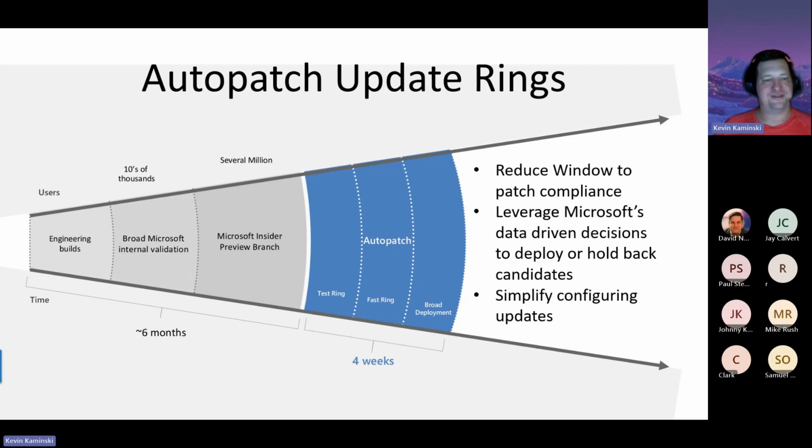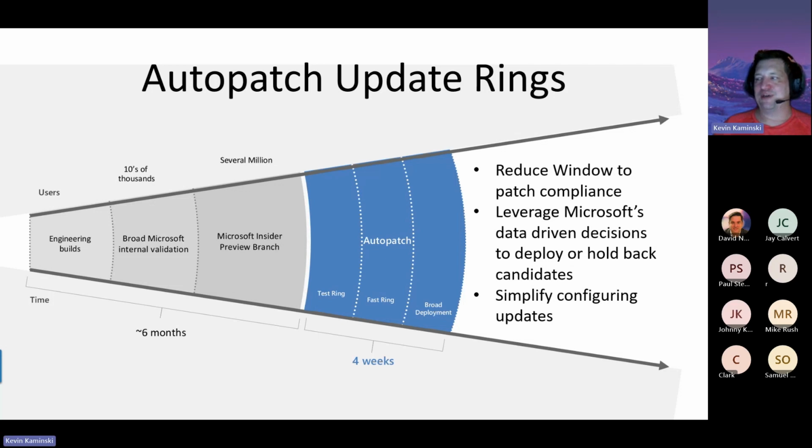The value is getting the patches out quickly to protect your organization, while being able to quickly identify and remediate issues with your patching. So instead of being tied up for hours building lists of users and computers and deploying to groups, you can now,